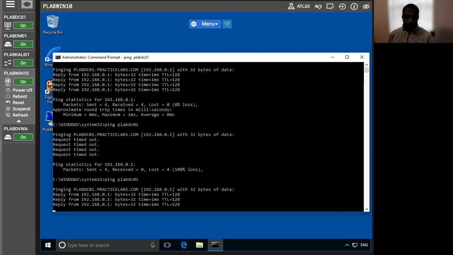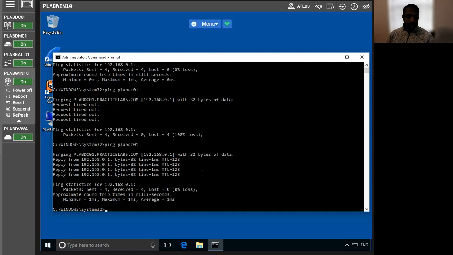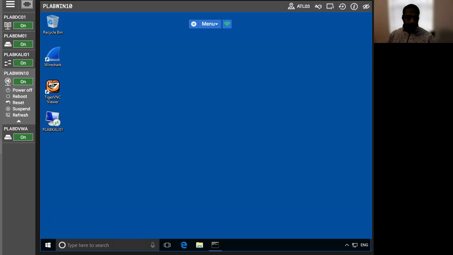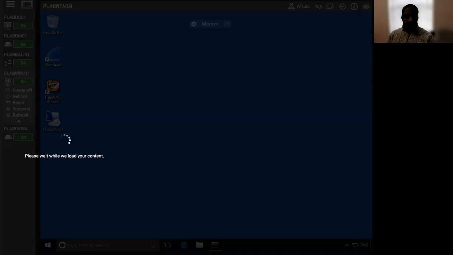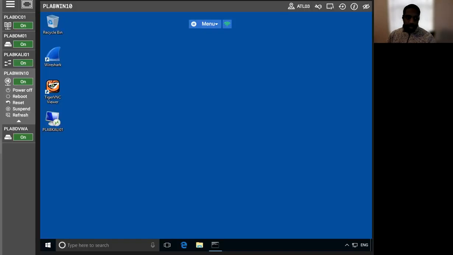And it should give us the IP, and there it is. All right, there we got some communication going there. Perfect. All right. So now we're able to move on to our next exercise, which is now configuring firewall rules